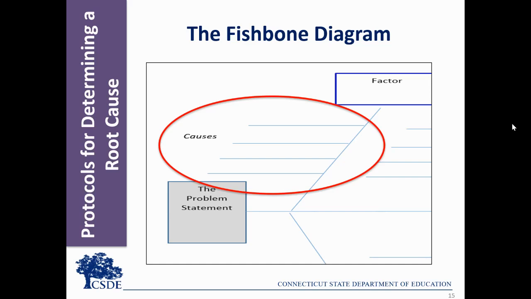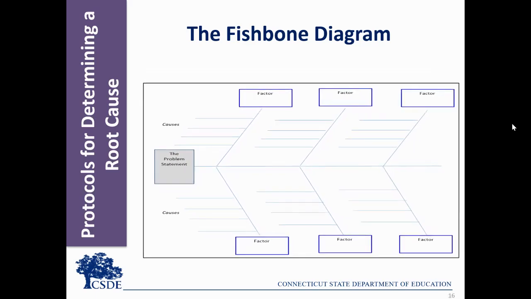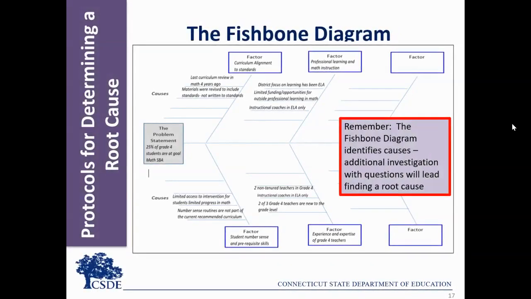See the toolkit for a protocol the team might want to use with the fishbone diagram to bring multiple perspectives to the work and to guide the team in identifying root causes. Here is an example of a completed fishbone diagram. The power to find root causes doesn't lie in the diagram, but within the discussions of the team around completing the diagram. The team should continue to focus on these 3 questions.